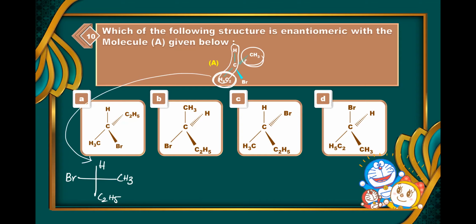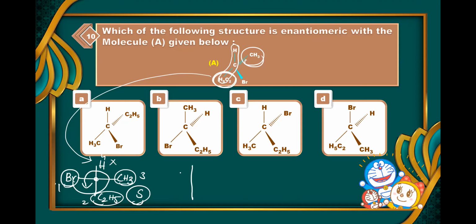Now from here you start. Here just 1, 2, 3. I have also uploaded the RS configuration video. This is S configuration because it is going in an anti-clockwise direction. If we don't see the fourth, least priority one, and see the 1, 2, 3 direction, you get this as an S configuration. So whatever the next one you draw, you should get it as an R configuration. Then both are enantiomers. One should be S and another should be R. These points I discussed in the RS configuration video. Watch these two videos, they will be very, very helpful for you.